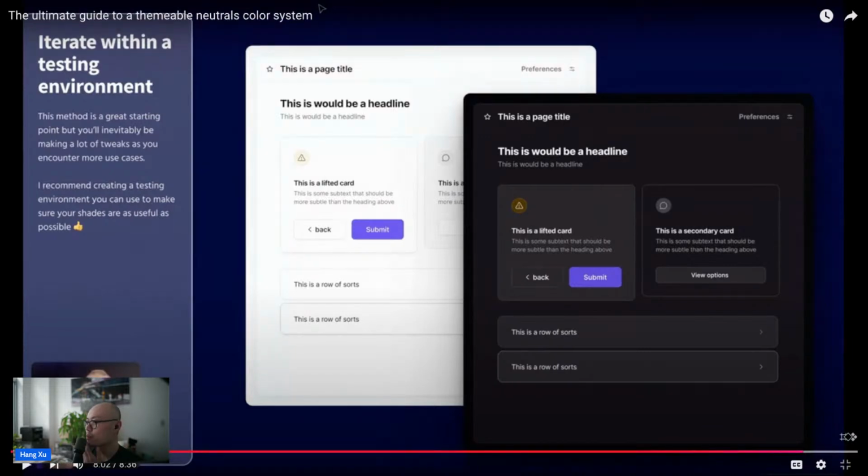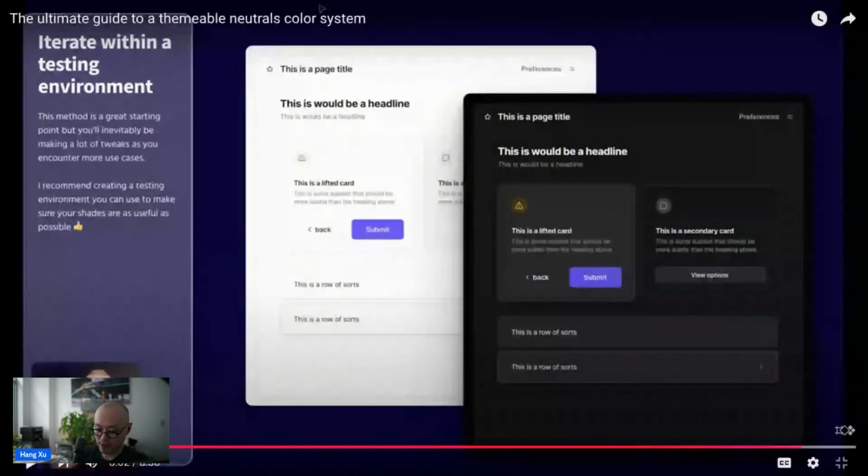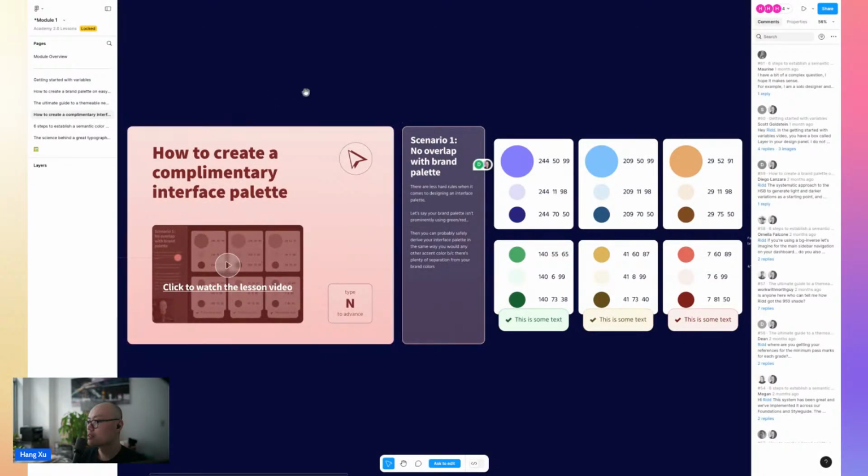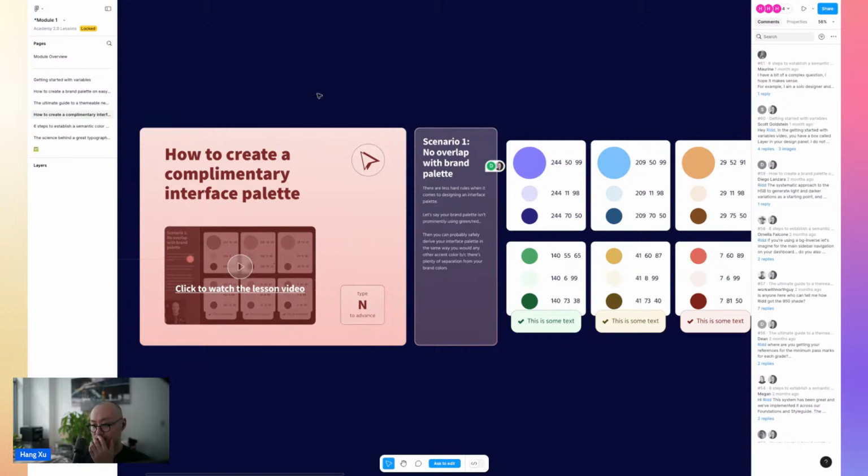So I think our agreement was that we wouldn't show all the videos. So I'm just going to show the Figma file for the next video so we can have an idea of where we're going. So now we're talking about how to create palettes. All right, I'm not going to show this video, but I can kind of see where he's going with this. And then I'm going to click on the next chapter,